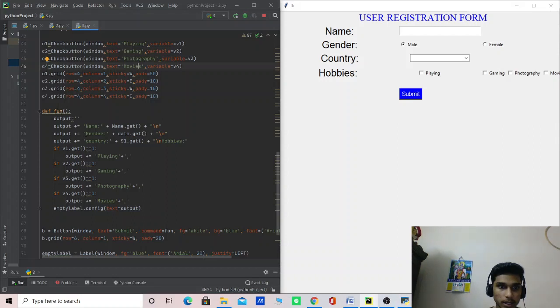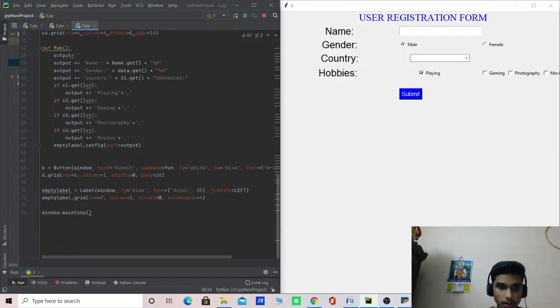In the def function, we are giving an if value function, because if I press this, it will give the output. If I press submit, it will print the output over here. So we are using this, and the button will be submit. After that, it is the command form. It will be blue and Arial, with background blue and foreground white. So we are giving that here.